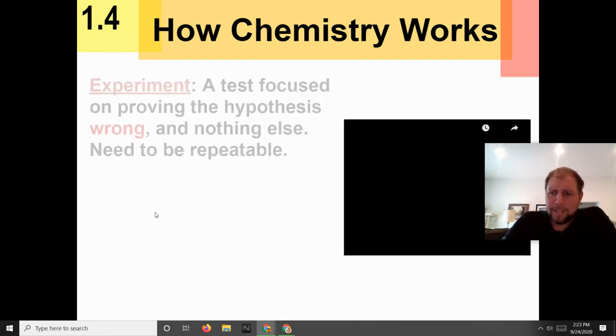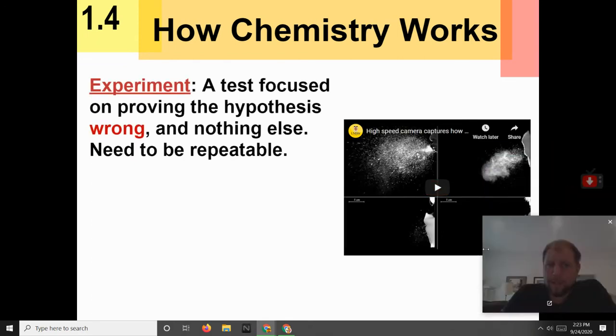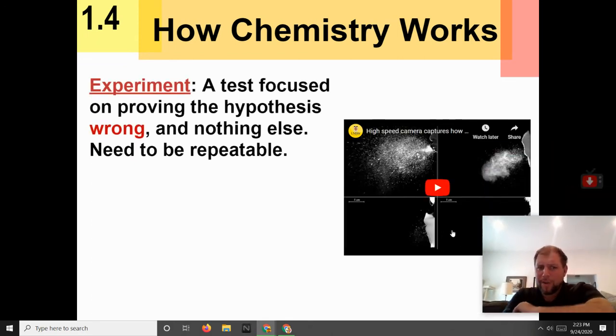The next step is you need an experiment. Okay, an experiment is a test that focuses on proving your hypothesis wrong. And this is another stumbling block where people mess up. Your goal should be to do everything you can to prove that your idea is incorrect. And if you fail to prove it wrong,